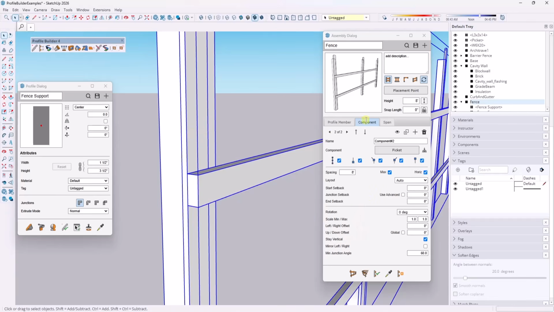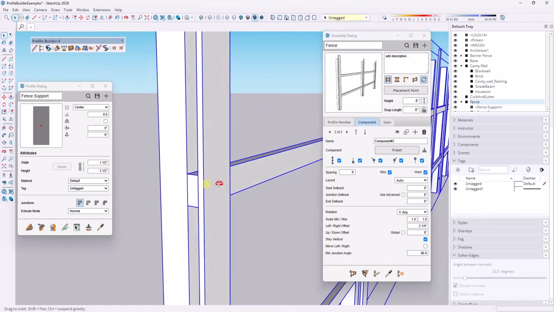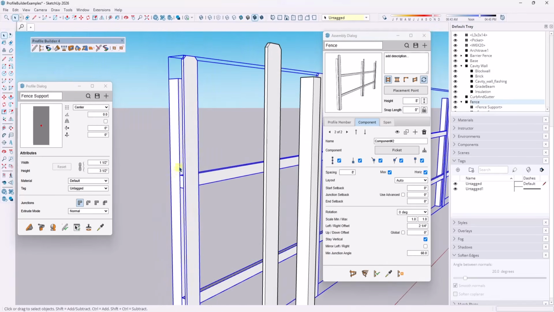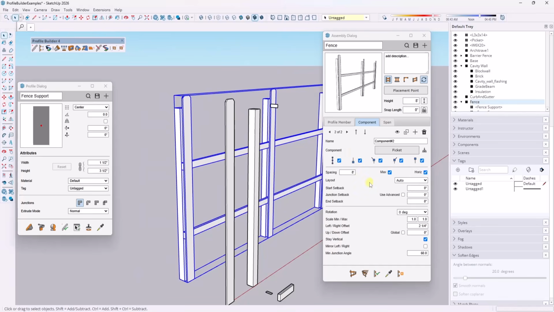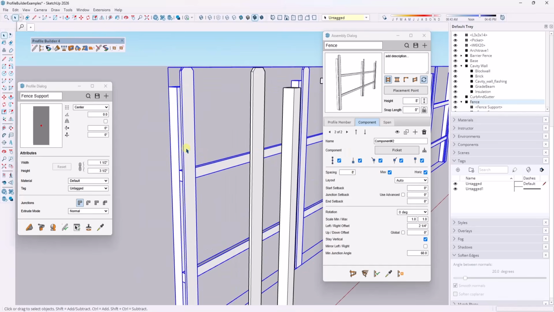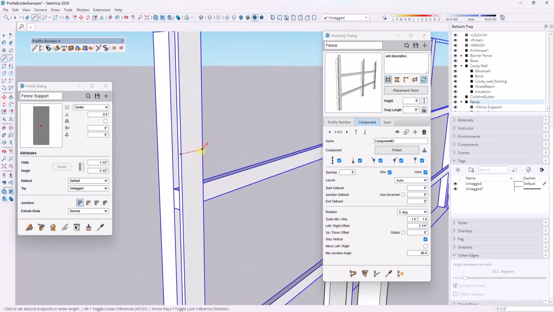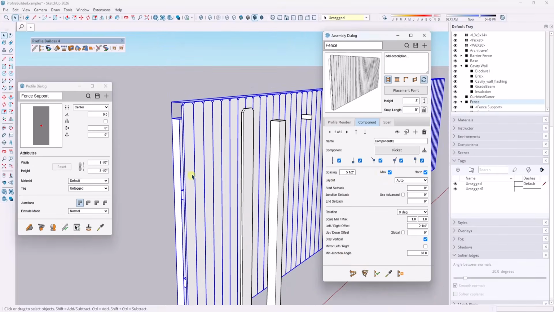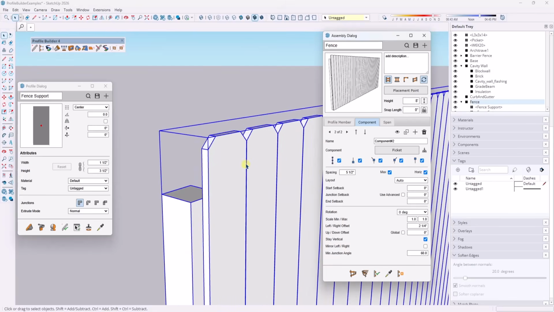So we're just going to pick that element and say we want this to be out 2.25 right here, right? Well, now I want to set my spacing. And so my spacing needs to be 5.5 inches plus whatever I want my gap to be. So if we set it to 5.5 right here, and then we update this, notice how this is going to be